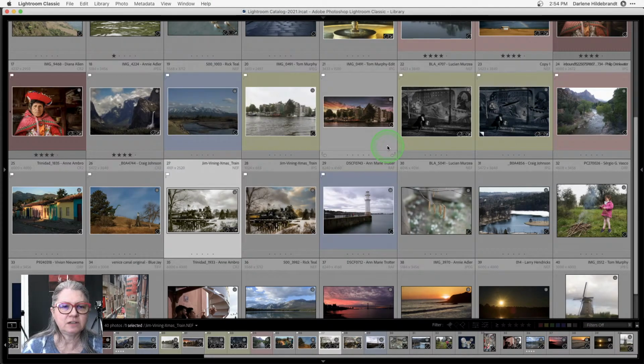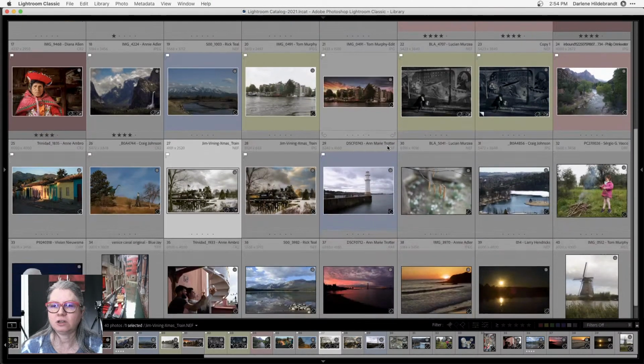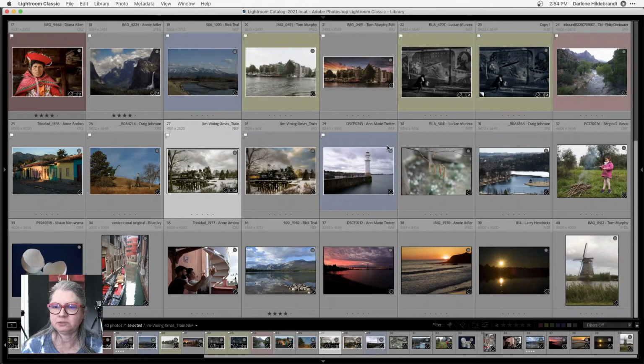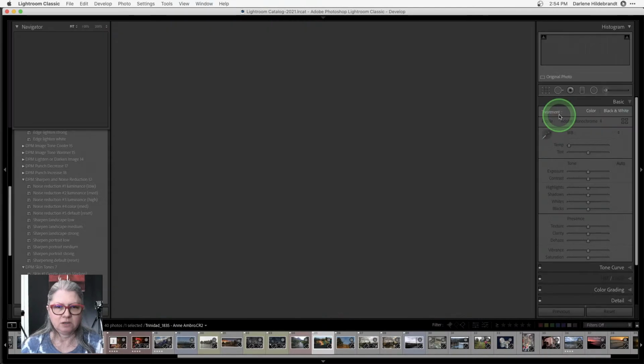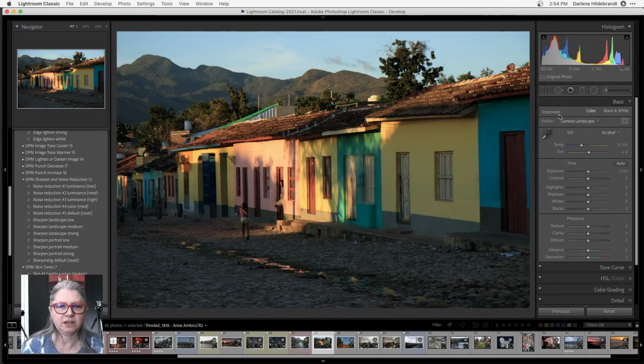Okay, so let's have a look at one of Anne's images. She's got a couple as well. So we looked at Peru earlier. Anne is a lady who has come on many tours with me and Daniel. How many are you at now, Anne? Like 5? I think Anne Nickerson is one ahead of you.